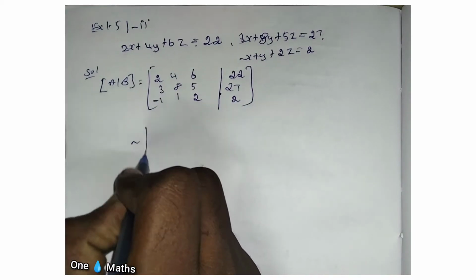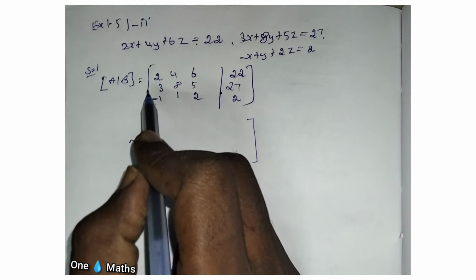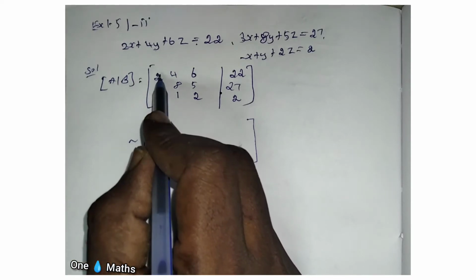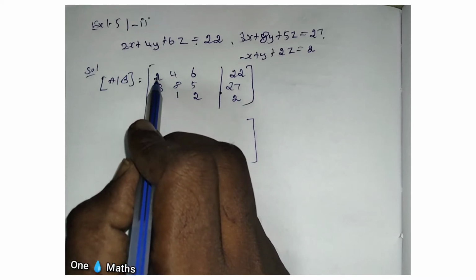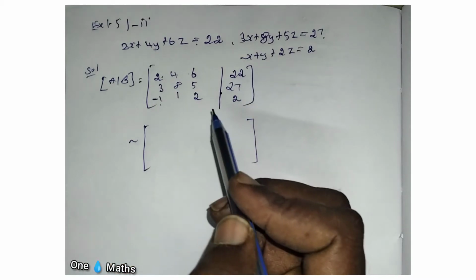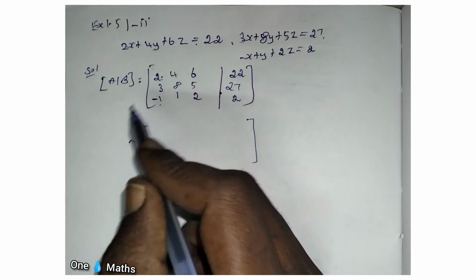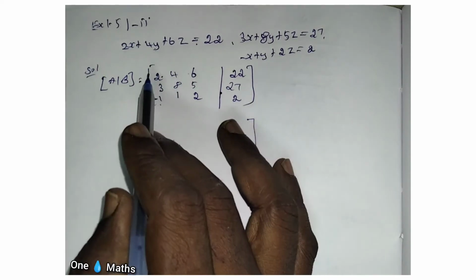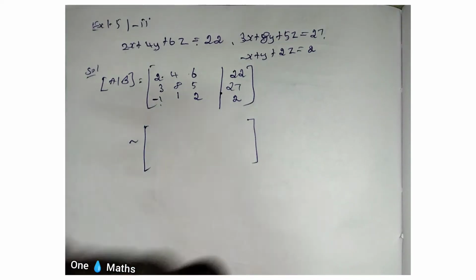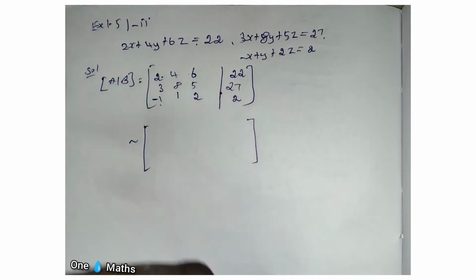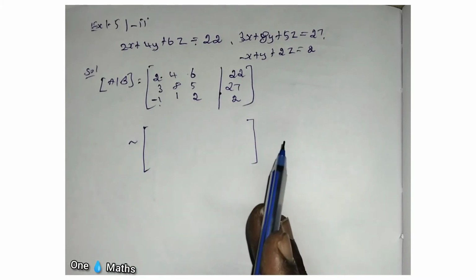In the Gauss elimination method, first you try to bring the value 1 in the first row, first column. We can exchange the rows, for example, exchange the row and multiply by minus 1, to get 1 in the first row, first column. Otherwise, in this sum, all the first row values are even numbers, so better to divide by 2 to get 1 in this place. Sometimes it's not possible to bring 1 here. Without 1 also, you can continue the sum to solve by the elimination method. If you have the chance to bring 1 here, it helps to solve the sum easily. Otherwise, no problem, we'll continue with the same number.